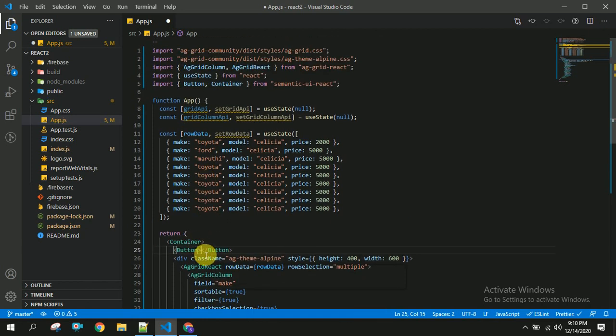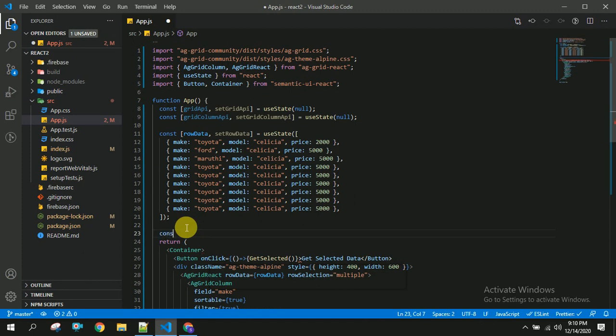In this button I am going to write "get selected data", and once you click on this, I am going to write some event handling, getSelected. Now I am going to create the function for this button.